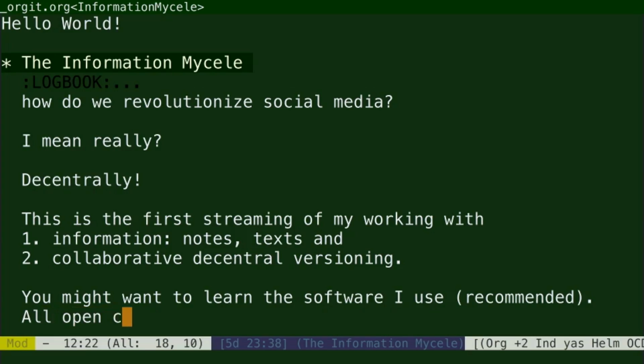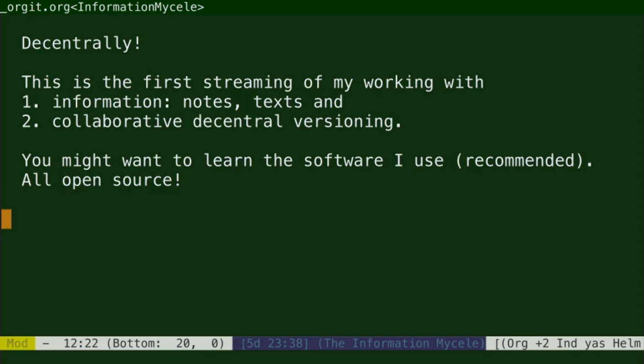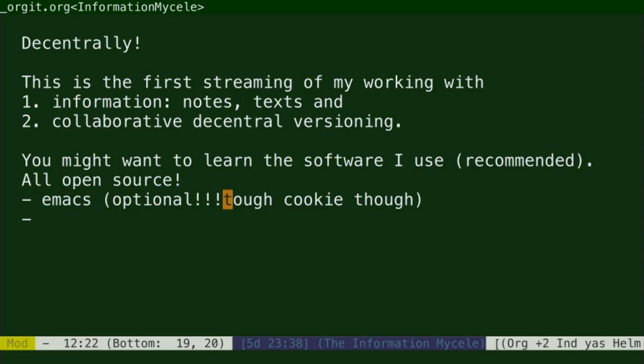You might want to learn the software I use that you see me typing here, which is recommended. I mean, obviously I recommend it because I use it. It's all open source and it's powerful, but it has in part a tough learning curve in the beginning, especially the text editor Emacs that you see me writing in here. Emacs is optional. It's a powerful tool. It's one of the most powerful text editors ever created. It's more or less